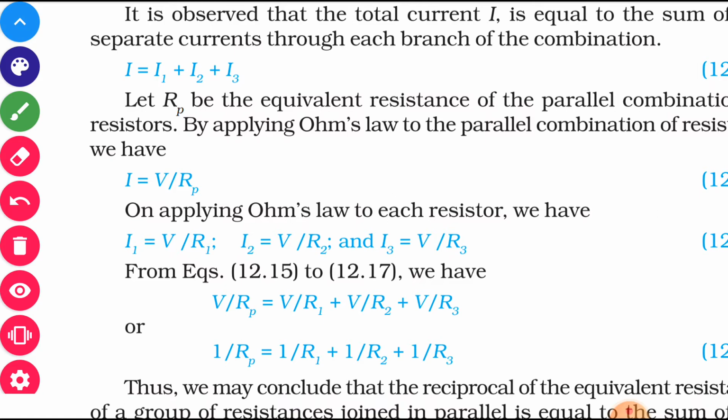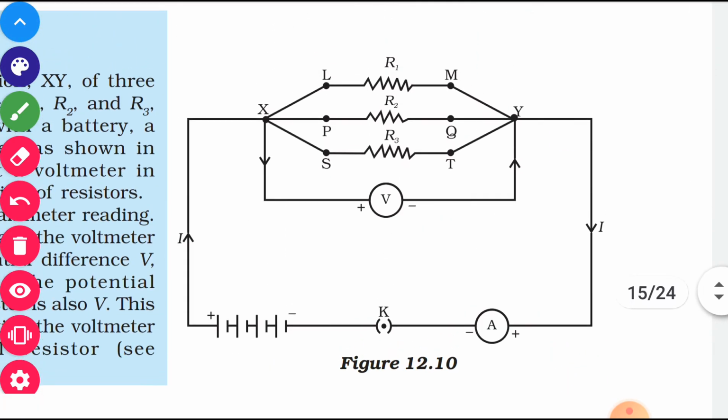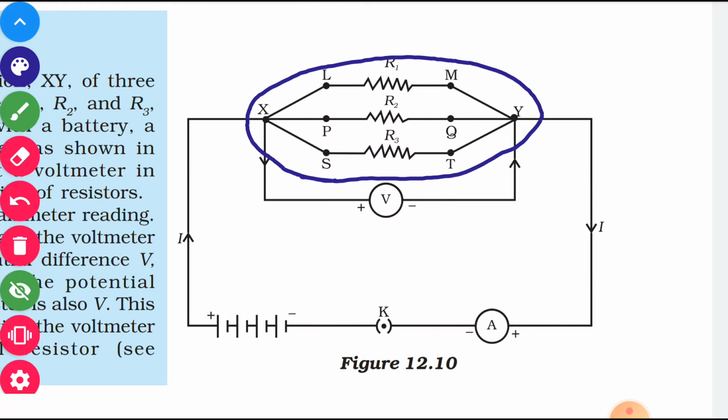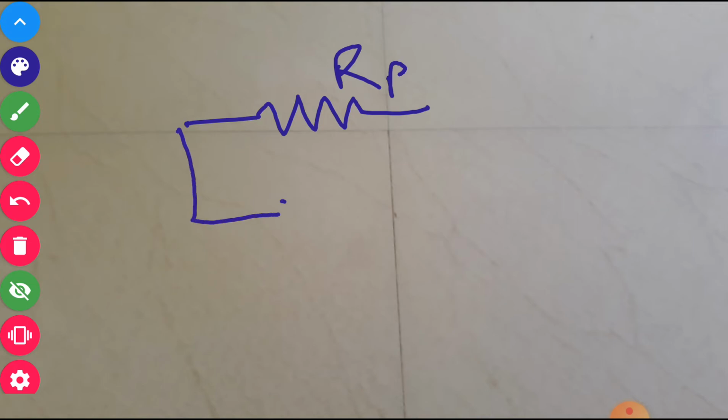If we just replace these 3 resistors by one resistor, which is equivalent to these 3, with its value of equivalent resistance being Rp, that is resistance in parallel, then you can show it like this. Instead of those 3 resistors, we have one resistor whose value is Rp, and it is connected with the same cell. And here the ammeter is kept, which is measuring the same amount of current.